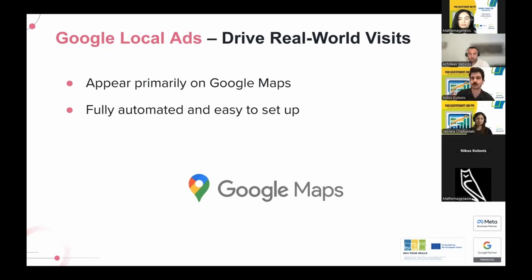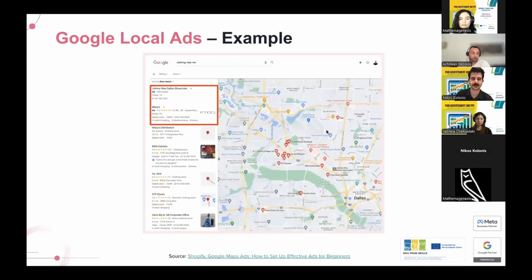So you might want to promote your restaurant, and somebody that is in a new city, who's just visiting a new city, might be searching restaurants near me or lunch options near me or something like that. That is your chance to appear on the results of the map. And here's an example of that. So here the results at the top are paid, and the ones below that are organic.